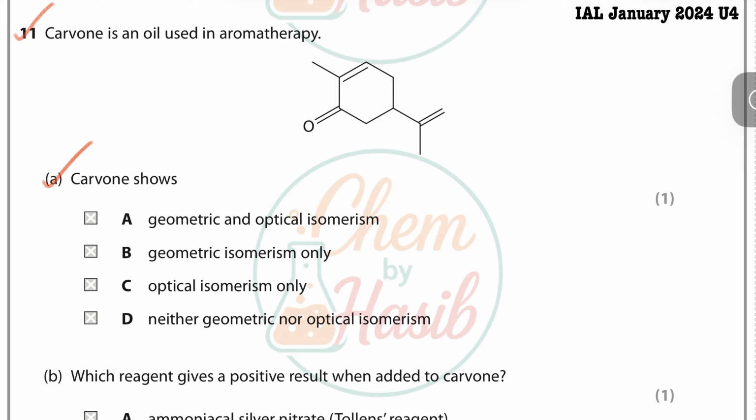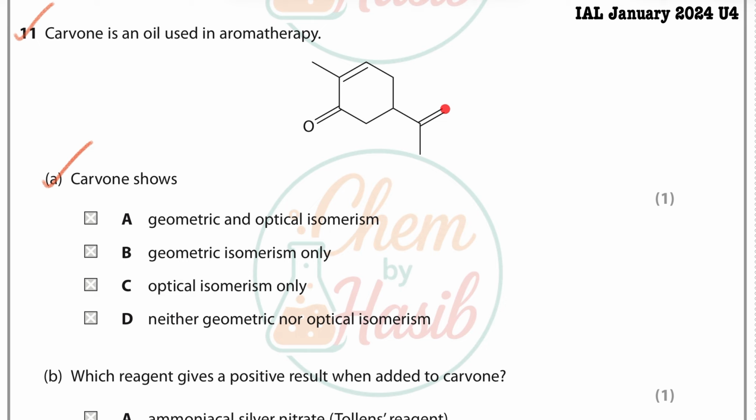The second criteria is that each of the double bonded carbon atoms must have different groups on them. That each of the double bonded carbon atoms must have different groups on them, right? That's the second criteria. So now if you look at